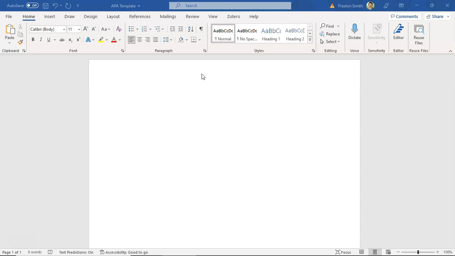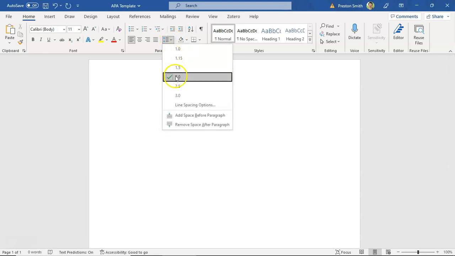Line spacing is double in all of APA writing, and by default, the line spacing is usually 1.0. So we're going to change that by going up here to what's called our ribbon, and make sure you're on the Home tab, and then go to the paragraph section. If you're on Microsoft Online, you have to click the down arrow, and you'll see here in the center the line spacing icon. You click the drop down,